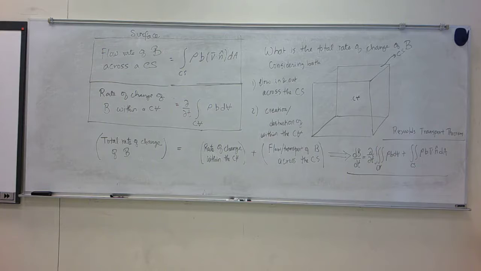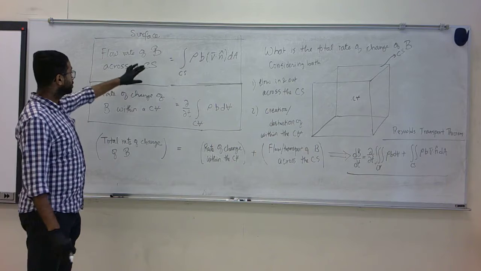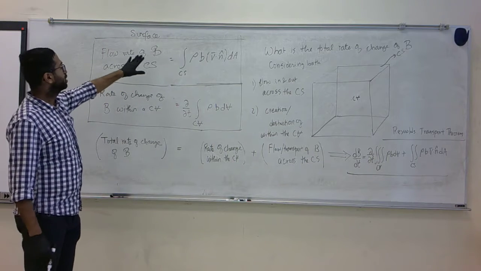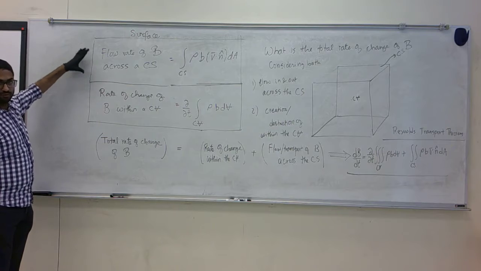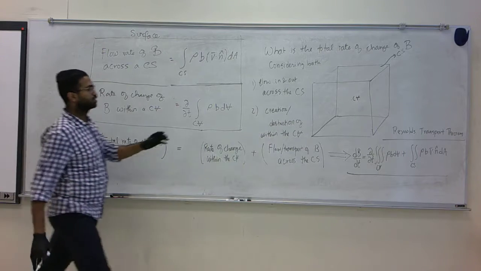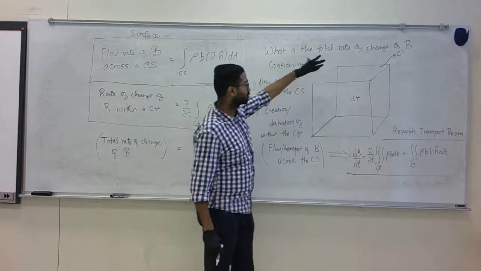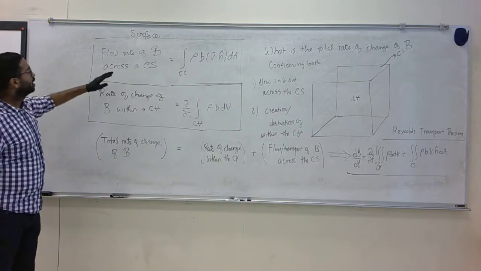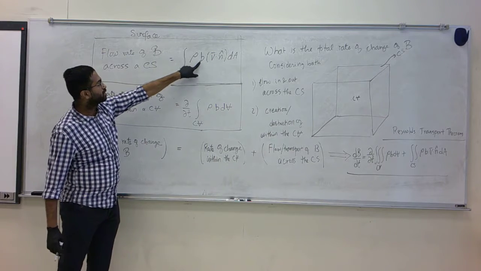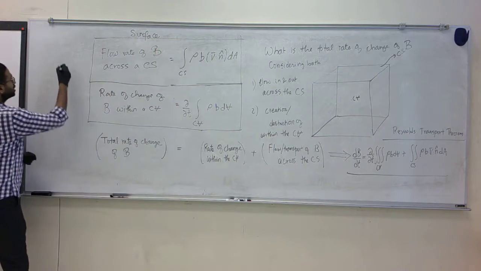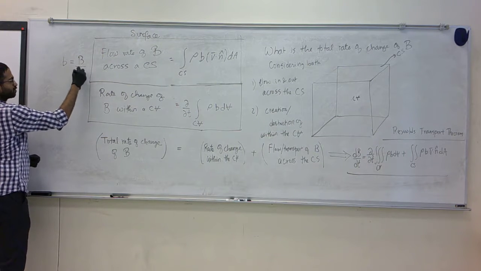So in the previous part, we discussed if we take an arbitrary extensive quantity B uppercase, what is the flow rate of B across the control surface that makes up a volume. That is, if you take a volume, it has got to have a bounding surface. That's what we call the control surface, and that would be the integral of the density times the corresponding intensive quantity, where lowercase b is B over the mass of the system,